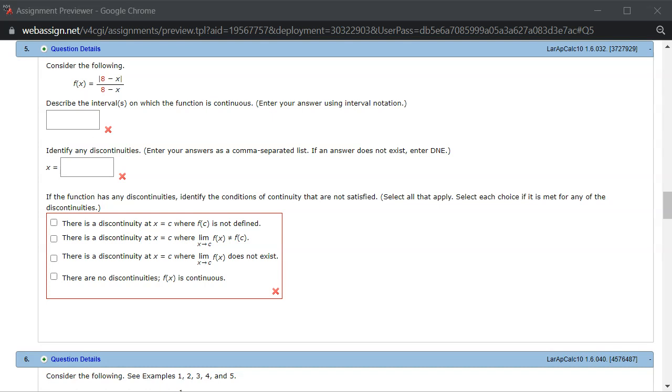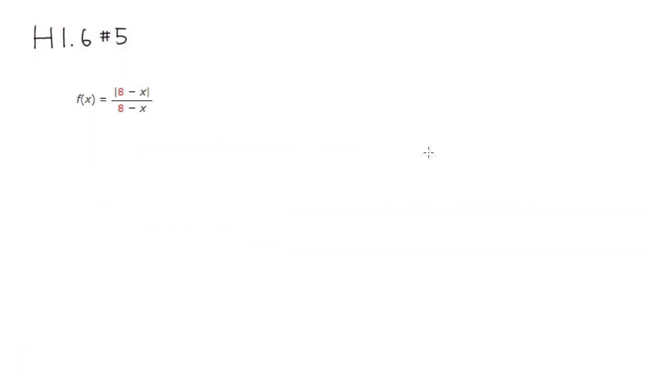All right, let's look at homework 1.6, problem number 5. Let's look at this function involving the absolute value sign. Absolute value is a hidden piecewise defined function, so I'm going to write it as a piecewise defined function here. I'm going to separate it into when x is less than 8,